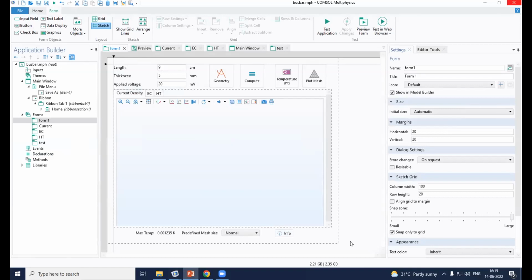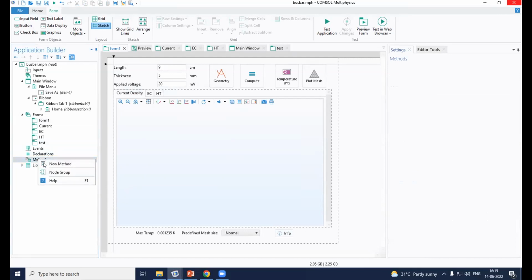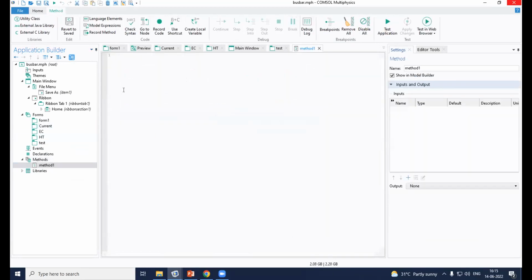Now we are going to switch to a little bit of coding. I want a wave file to be played on it, so I will create a new method. A method is basically a script in which you write some code and you want it linked to your particular operation. I will link it with that button so that an error message is displayed with a particular sound. Let's say the simulation is completed and you want a sound as an output, an alert, that the simulation is complete. So for that, you can use this type of